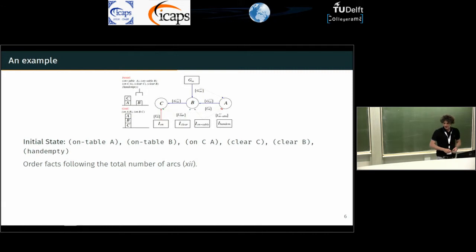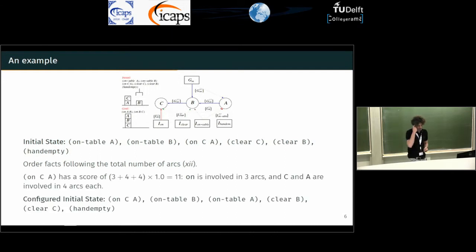A very easy example, going back to our beloved blocks world, is this. Let's say that we have this problem, which is described by that initial state, and the planning graph is shown on top. What we want to do is to order the facts following the total number of arcs that they show in the planning graph. So, for instance, if we focus on the on-CA fact, it has a total score of